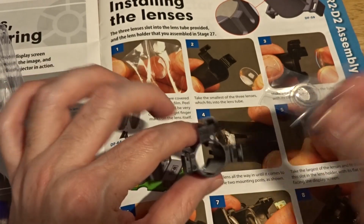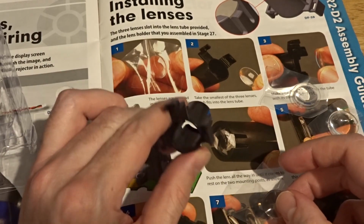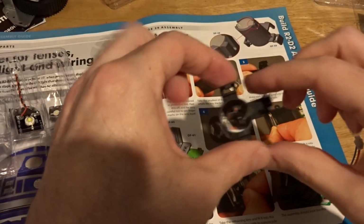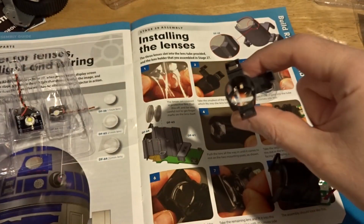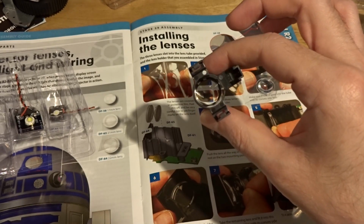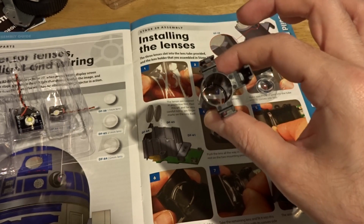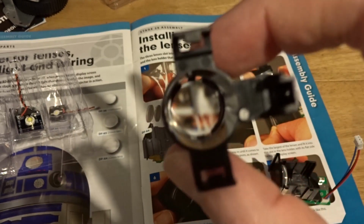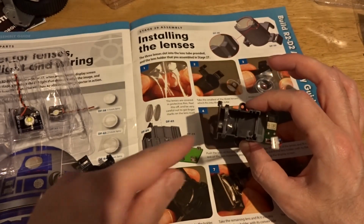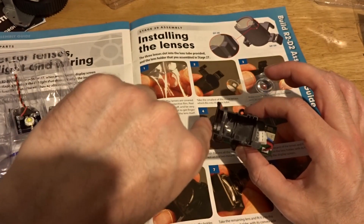Let's see what happens. I'm going to drop this one into the bottom and hope it doesn't fall out the end. Let me try and do that now. This has been nerve jangling. Doesn't help that I'm half asleep, but that is the smallest one down the bottom, which is hopefully the right way around. Doesn't the world look strange? And the biggest one you need to put so that the flat side is facing the screen. So